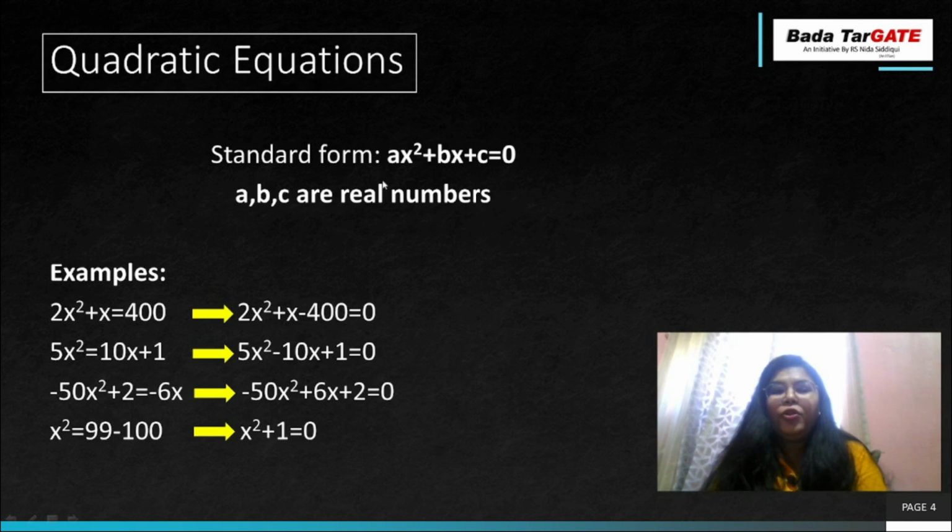So I told you in the quadratic equation, a can't be 0. That means b or c can be 0. Here in this equation, I have just used b is equal to 0. We have the term with a, that is 1, then c will be 1, and b is equal to 0. It is one of the quadratic equations. You will get the roots over here.